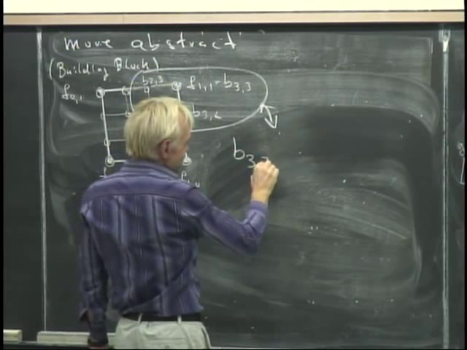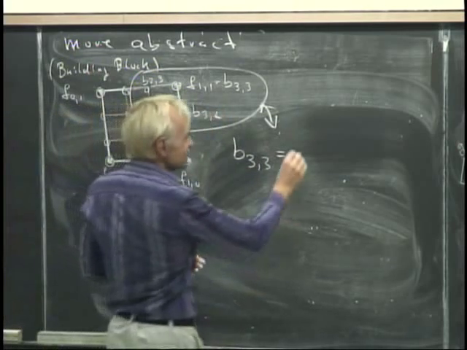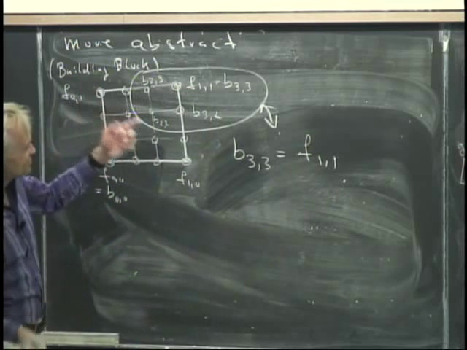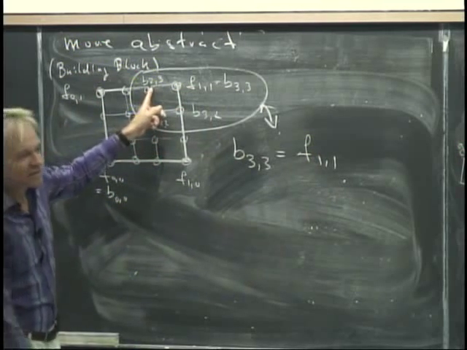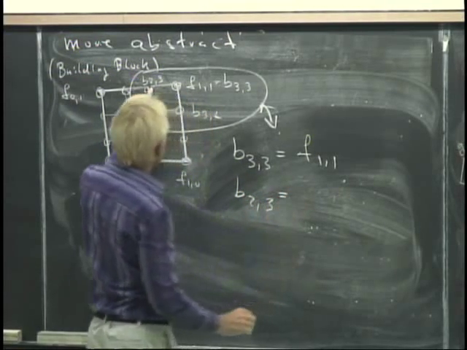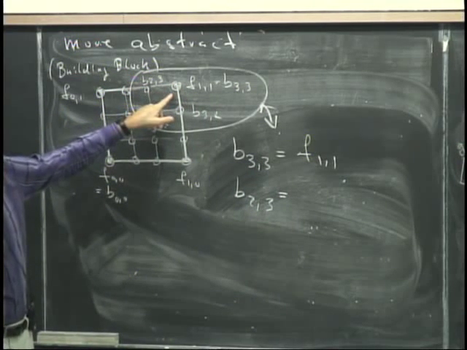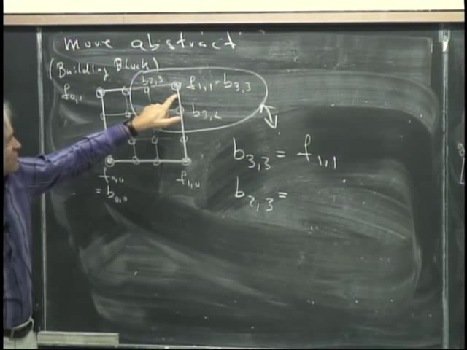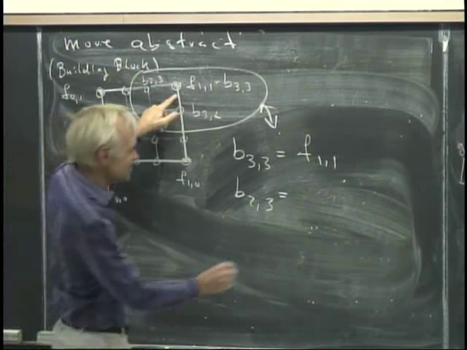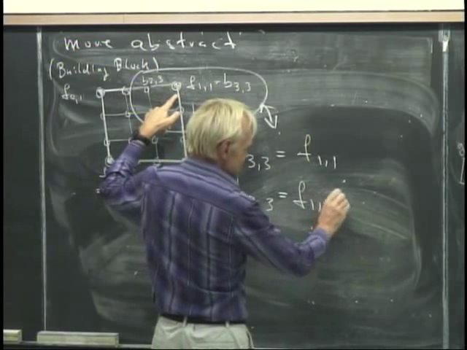B33 equals what? Tell me. It's the function value there at the upper right corner. Now let's do, which one next? Let's do this one, okay? B23 is, what is that? Follow your intuition. It's a function value there, plus or minus something. You go left, it's the minus direction. So it's a function value there. Just trust your intuition. Okay, minus